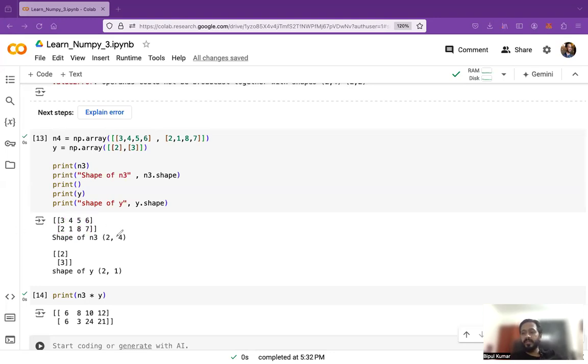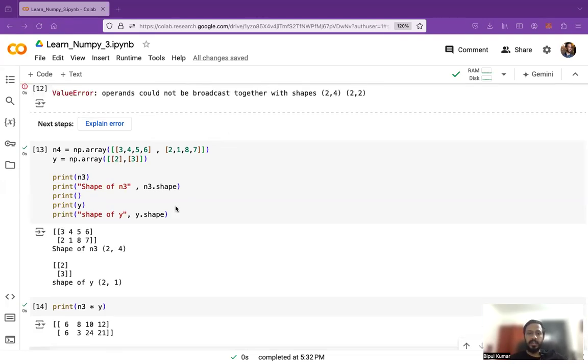So in this way, whenever we have data of different dimensions and we want to do operations between them, broadcasting can help us do the job. Okay, and this is not just for multiplication. We can perform it for addition or some other kinds of operations as well. Whatever operation we want to do, we can perform it. All right. So that is how it works. Okay, I hope you understood the